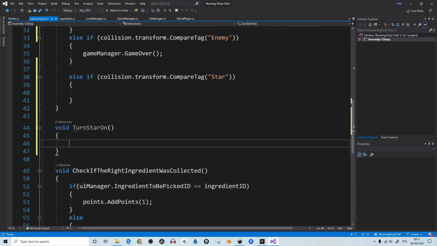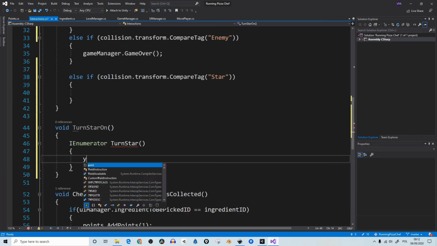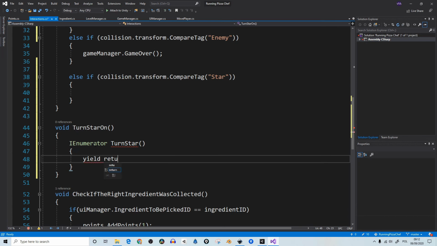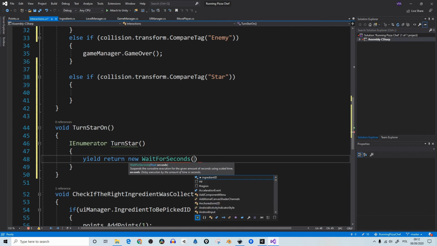So what do we want when we are turning the star on? We want it to take about 10 seconds. So maybe we'll create a coroutine. So inside we just do something like that. We could create the coroutine out of it, but I think we can do it in here. So I will type enumerator, and here we are going to yield return new wait for seconds, and we wait